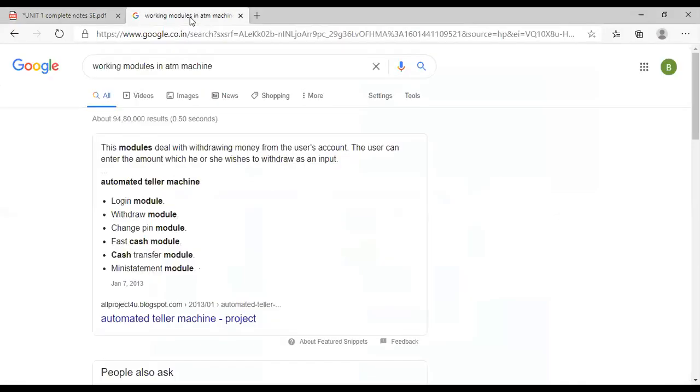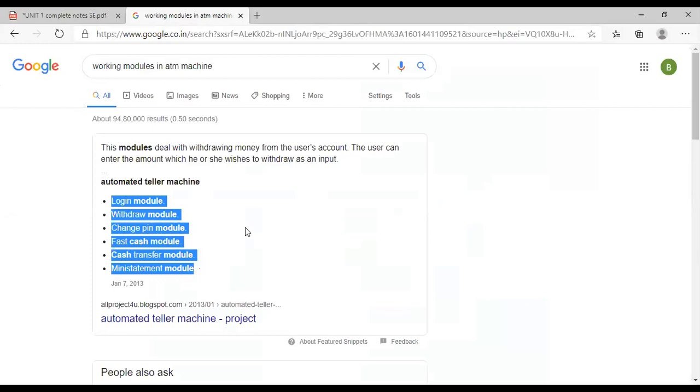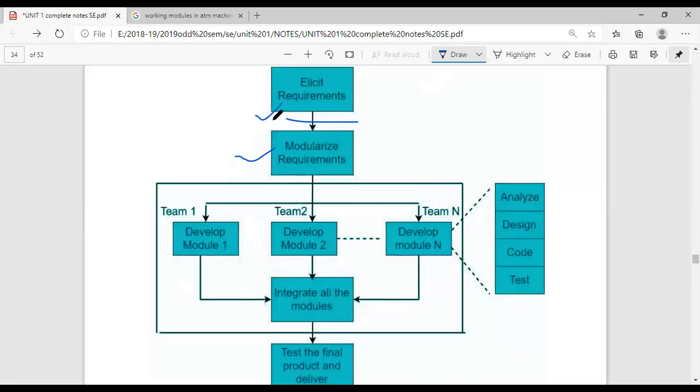The next step will be dividing your entire software into modules. That is called modularizing the requirements, meaning divide your requirements into different modules.